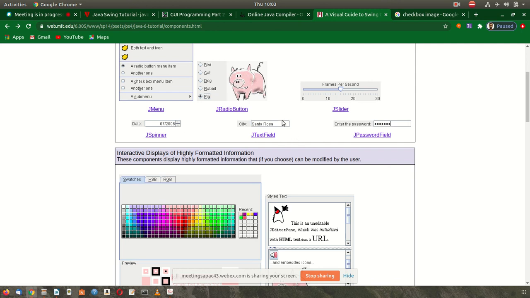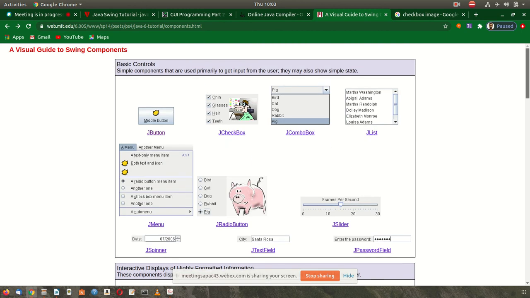Then there is the text field, where we enter user-defined values. The text field is the most common and will be mostly used. The rest of the items will not be used so much in the practicals, but mostly the text field will be used. The button will be used.